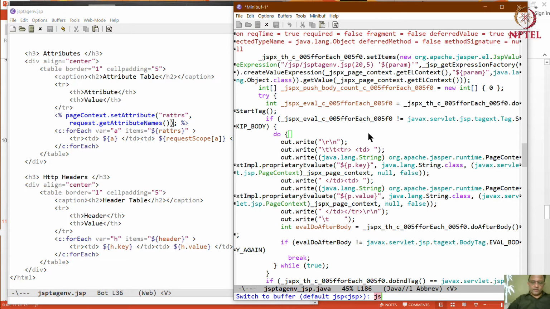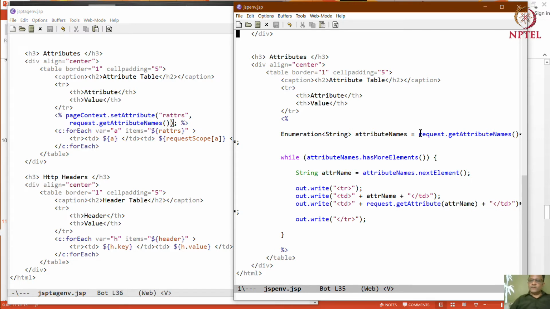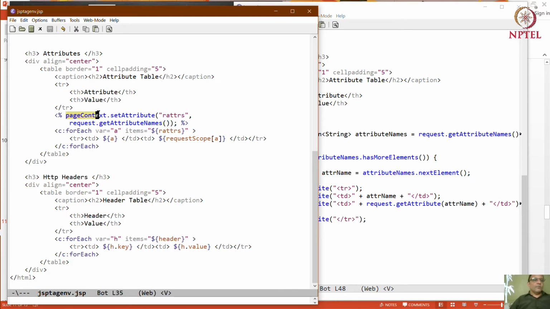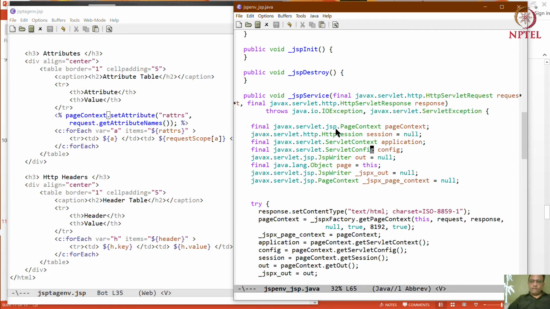So compare this with JSP-env.jsp. Just as we got these attributes here, request get attribute names, we got them over here. We put it in page context, which is one of those implicit objects that we saw in the generated code for JSP-env.jsp. So in short, the implicit objects of JSP are also available within JSTL, but JSTL is a more elaborated